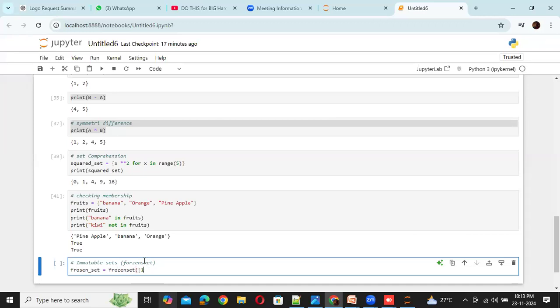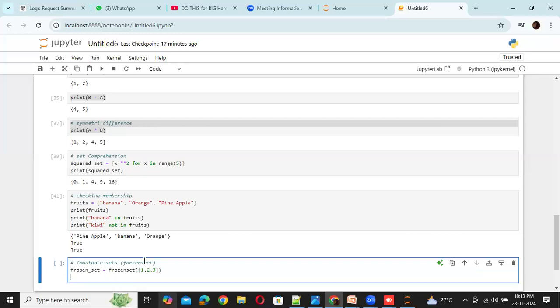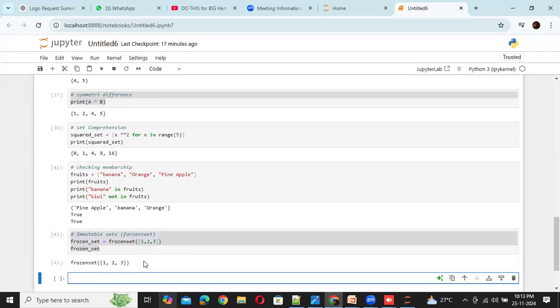And here inside this curly bracket, I just give 1, 2, 3, and then here I say frozenset. 1, 2, 3, fine.